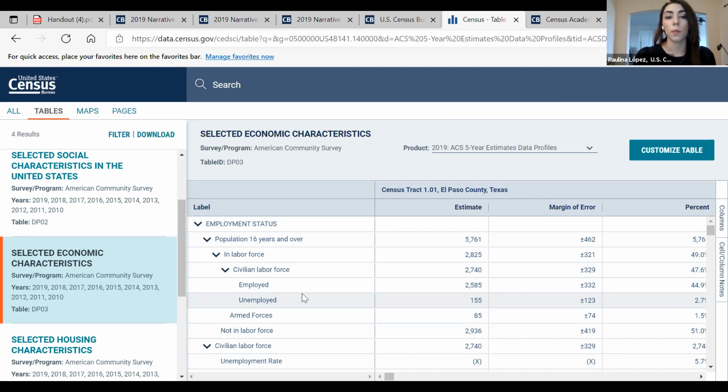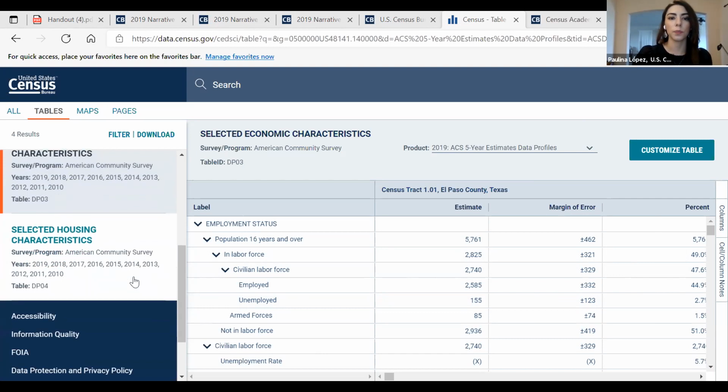Census tracts change every 10 years with the census. So in areas that have very high growth rates, you will see a lot of changes with census tracts. But since El Paso hasn't experienced that much growth or change, the census tracts haven't changed that much.